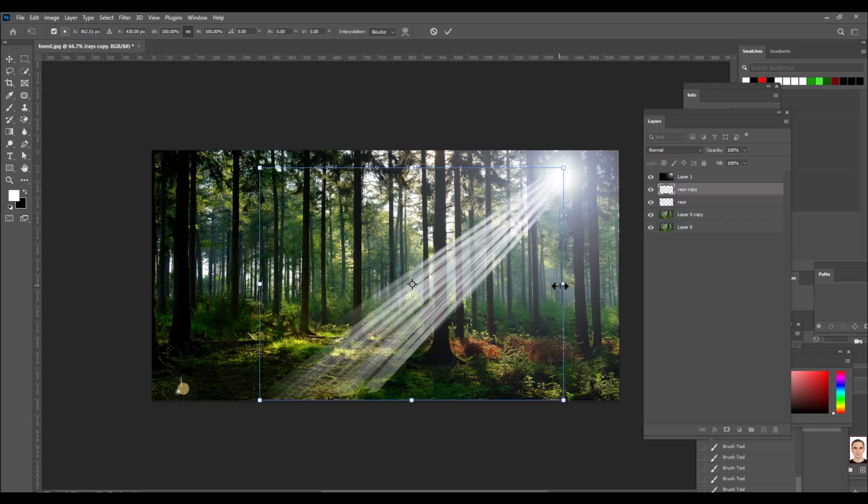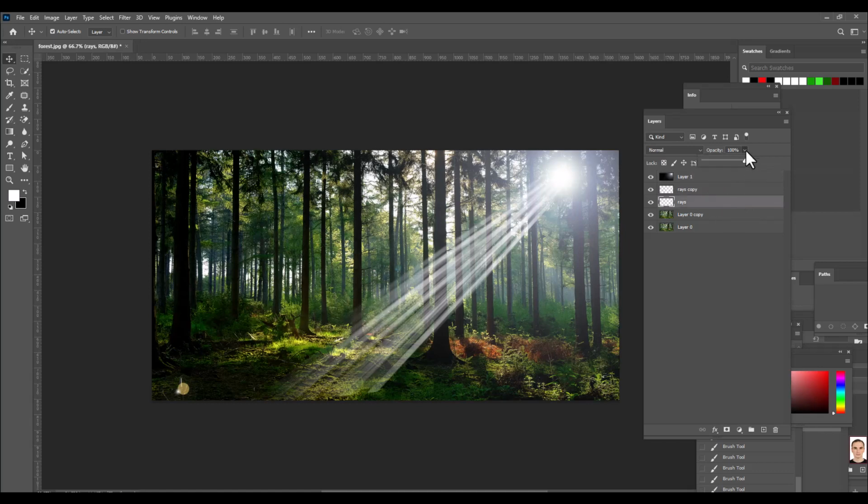So we can see more rays now, and we can also reduce the opacity here if you want the rays to be a little bit mild. So something like this, and we can just reduce the opacity for both the rays layers. So something like this. So we can see we got the sun rays,